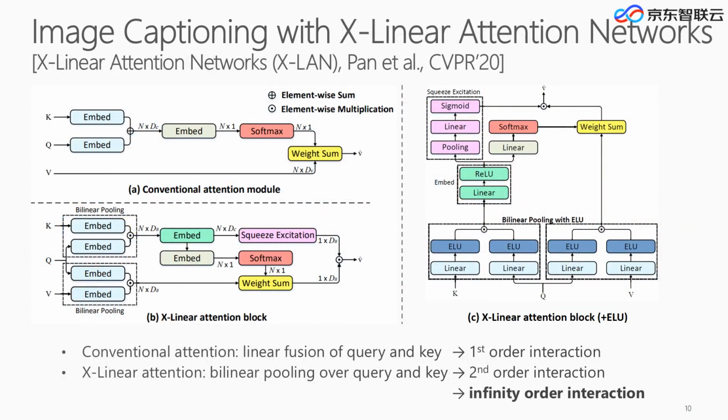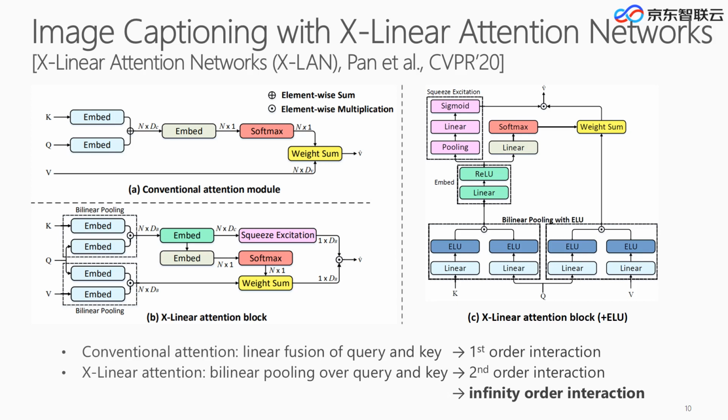When taking a close look at existing CNN plus RNN captioning models, we found most of them capitalize on the convolutional attention module to trigger the multimodal interaction for image captioning. However, such an attention module inherently exploits only first-order feature interaction and is lacking in efficiency. Thus, in this year's CVPR, we introduced a unified X-linear attention block, which fully uses bilinear pooling to selectively capitalize on visual information or perform multimodal reasoning.